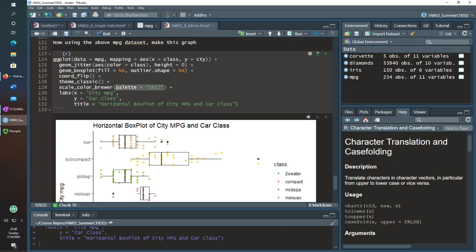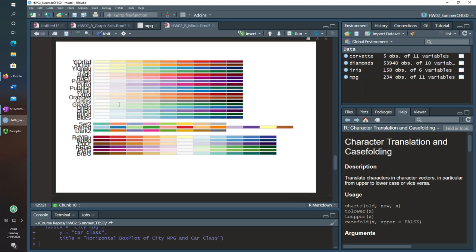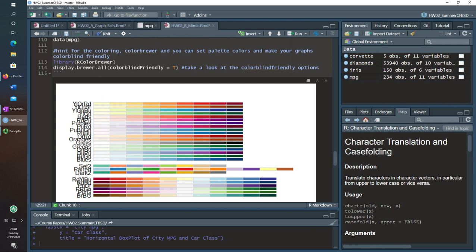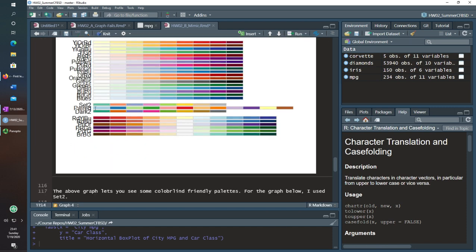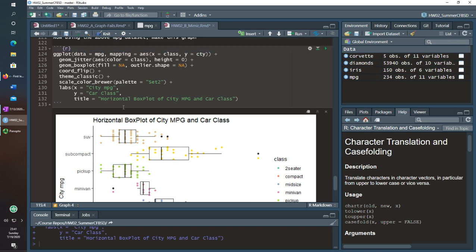So color brewer is a way to scale. You probably saw that you could use scale_color_discrete, and then you can give the values yourself. You can use scale_color_continuous, so you can kind of make a gradient of blues. You can make a gradient of red. If you want to use any of the color brewer values, which are what we were just showing here, ggplot already has this sort of installed, so that's why you're able to just say I want Set2, and it knows what you mean, because that is, like I said, already loaded when you load ggplot.